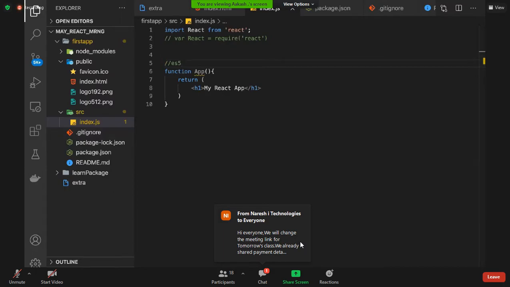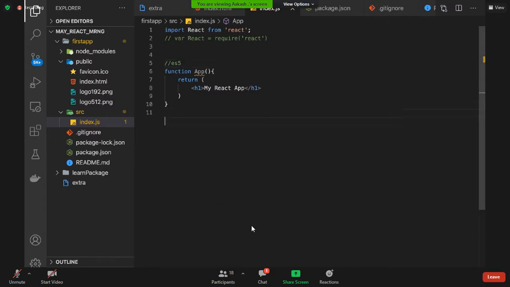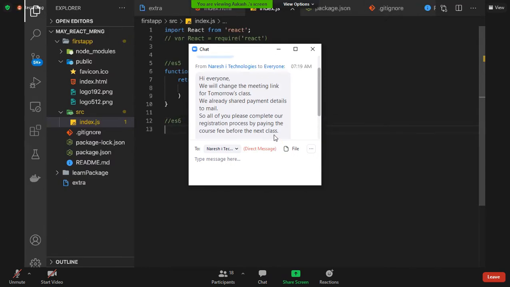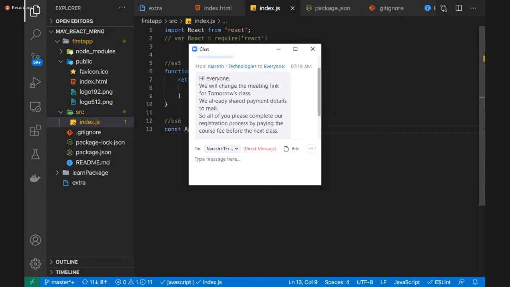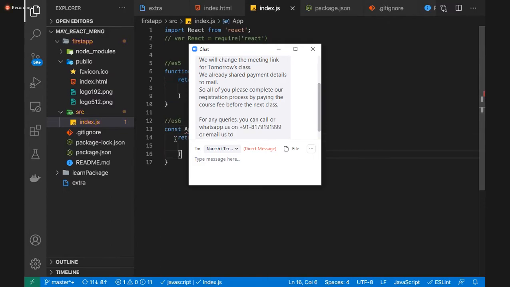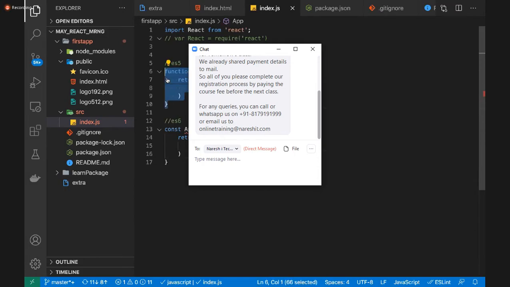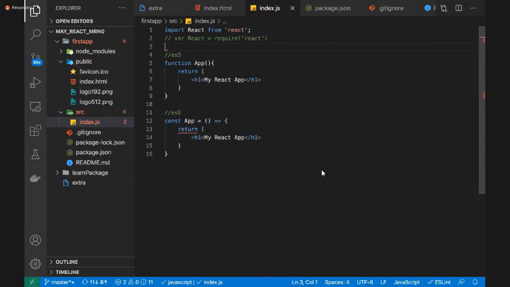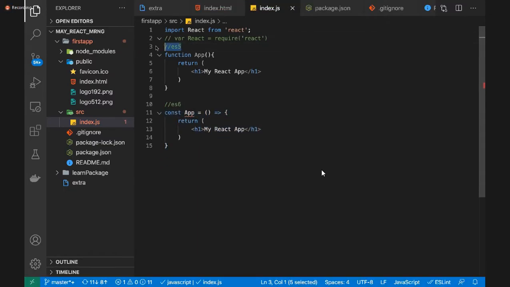Now, if I write the same function in ES6, I will write like const App equal to bracket, arrow, curly bracket, and return. Now you write it this way or this way, use any one of them. Both are absolutely fine, guys.